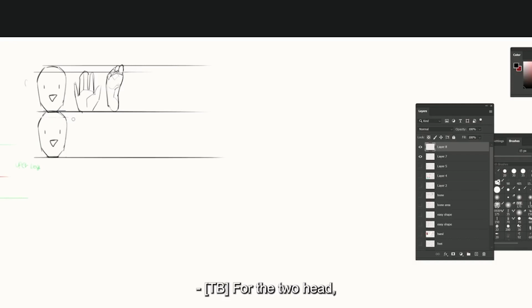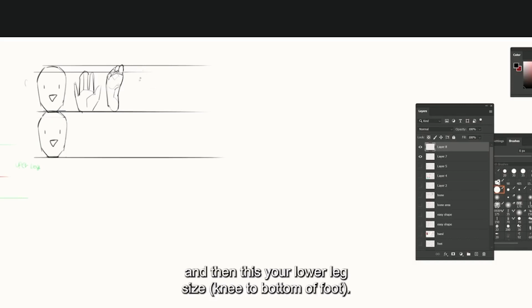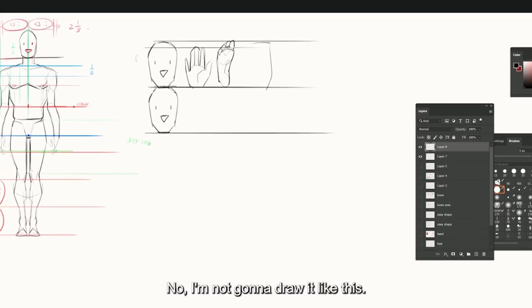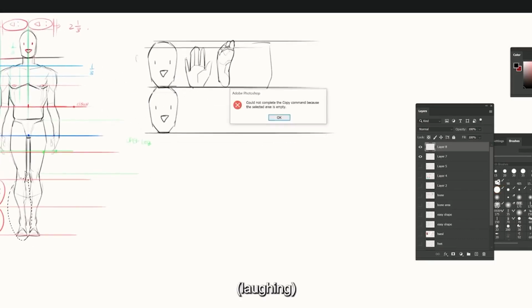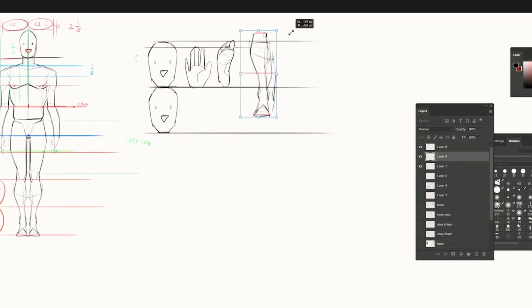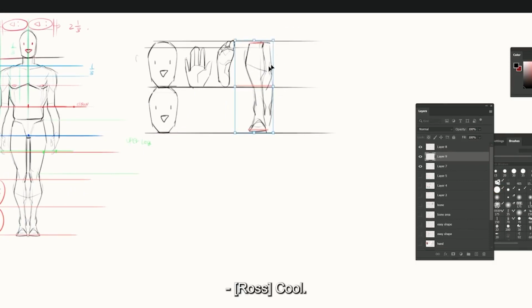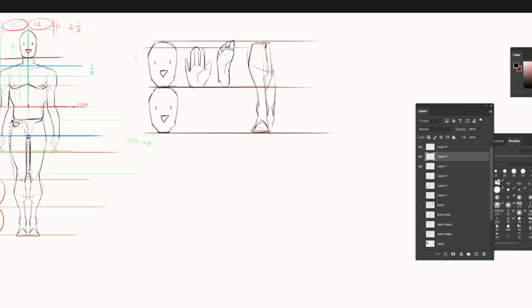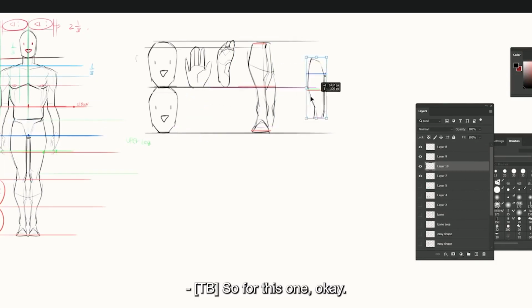For the two body, and then this is the lower leg size. Cool. Wow, this is like a whole character sheet. So for this one,